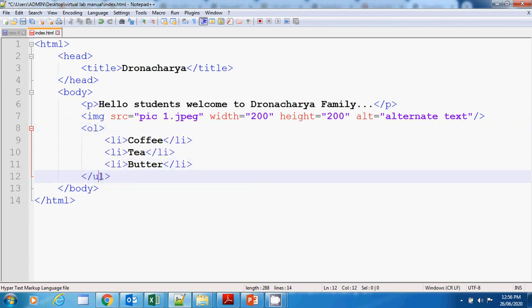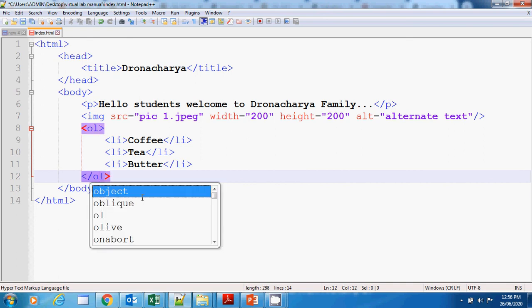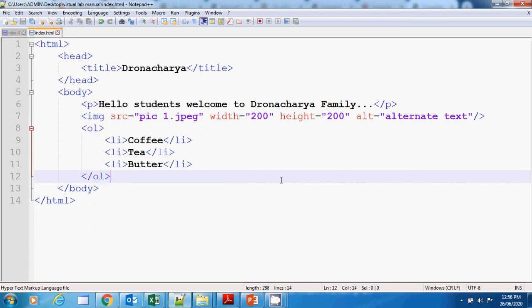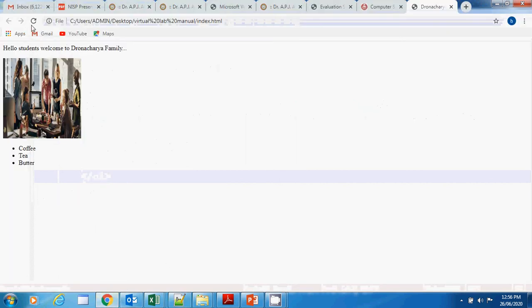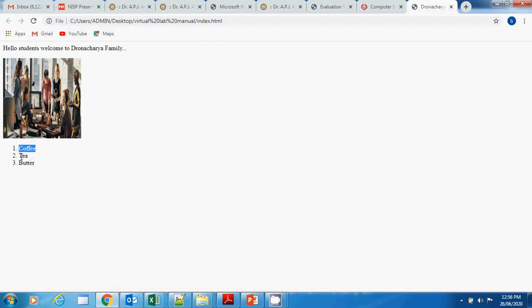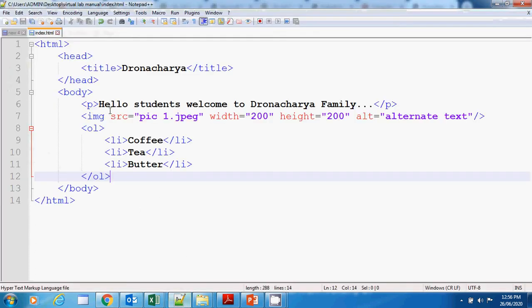So if I change this UL to OL, you can automatically see the changes. If I refresh it, then you can see 1 coffee, 2 tea and 3 butter. So in this way UL and LI and OL and LI work.